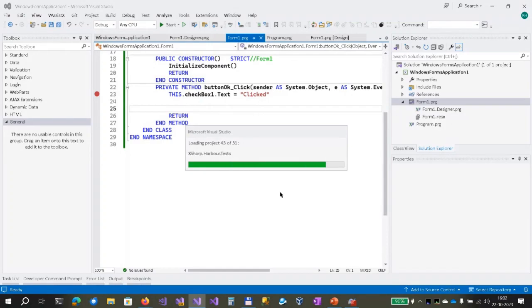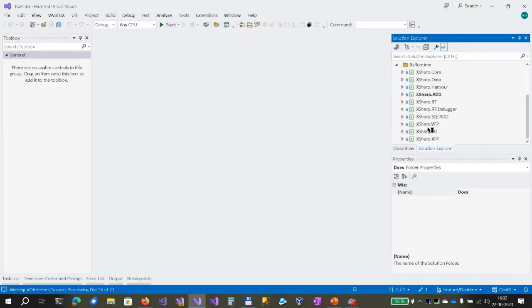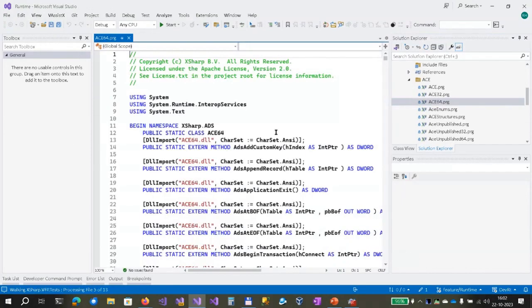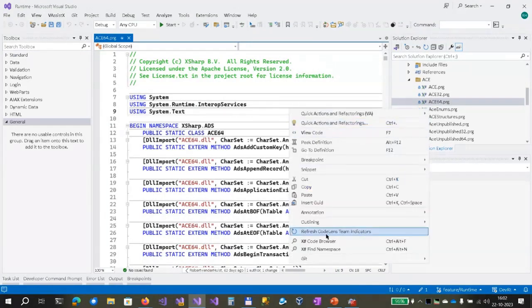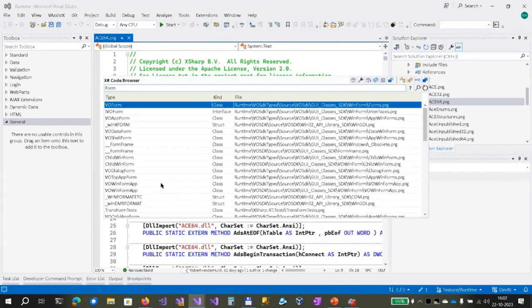That is a bit bigger than the single form application. It'll take a bit longer than the previous one. But now, if I go somewhere in the code, and I use code browser to find, let's say, form, it